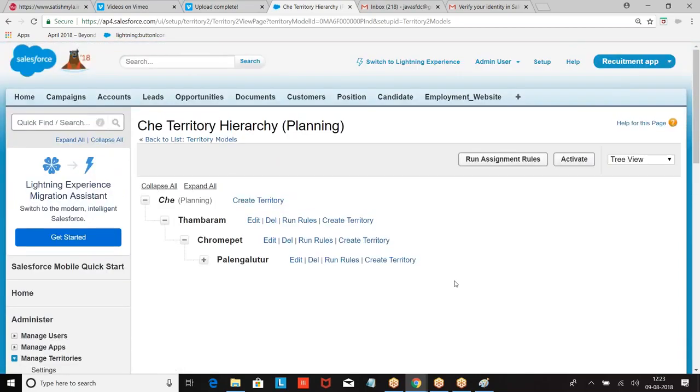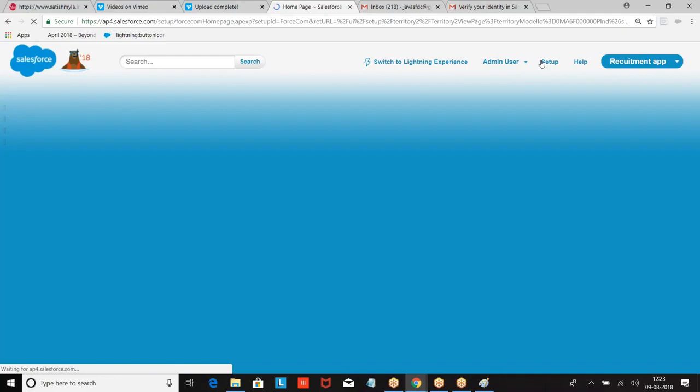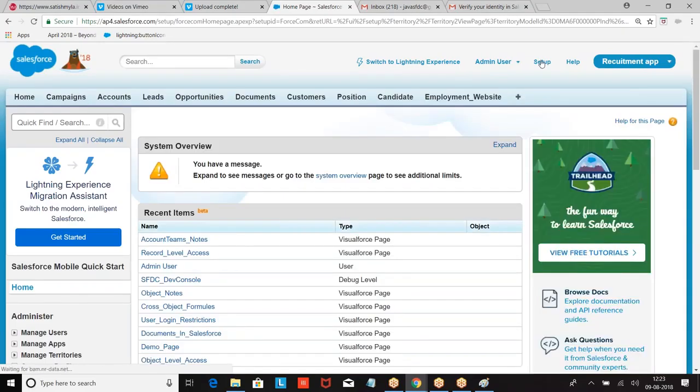So finally, record level access is coming in how many ways? Tell me. First, always first OWD. OWD specifies the minimum. The next goes to profile and permission set. That is for view all, modify all, view all data, modify all data. And we also have role hierarchy. So OWD, role hierarchy, profile and permission set. Then we are going for sharing rules.